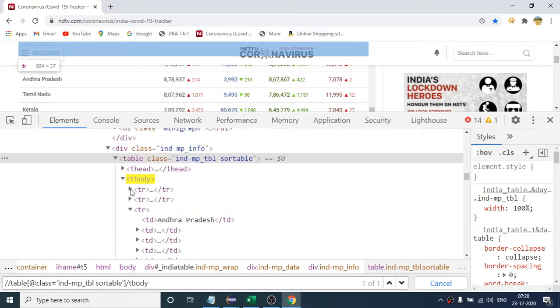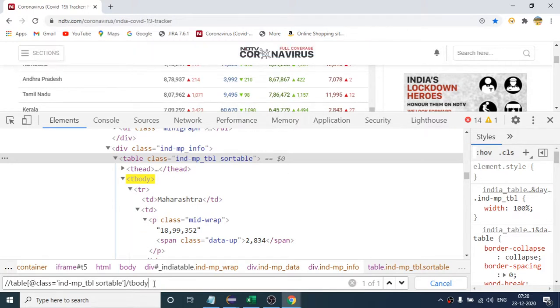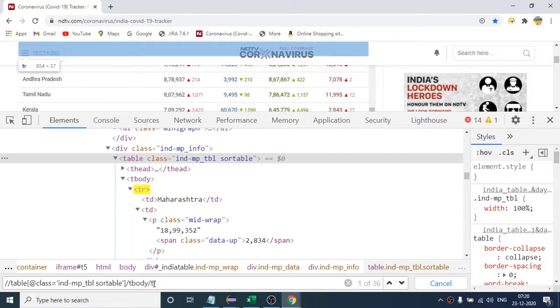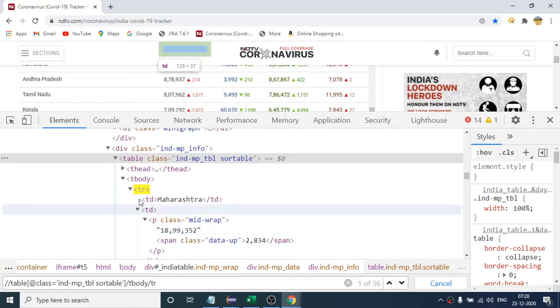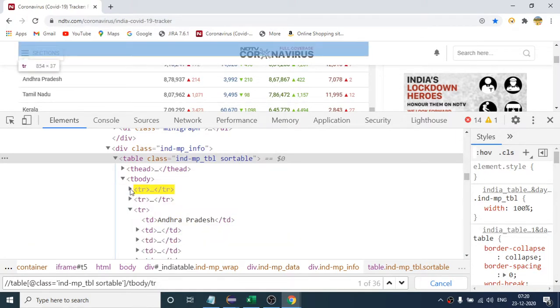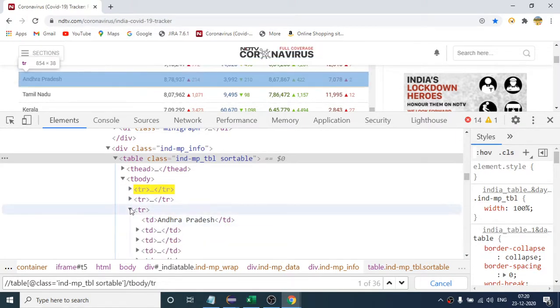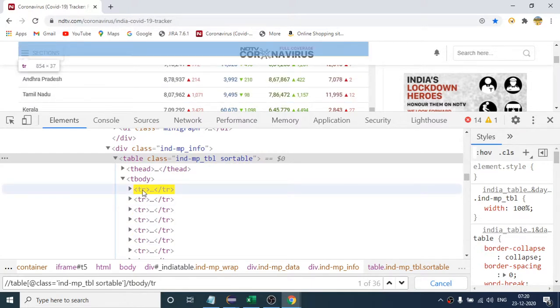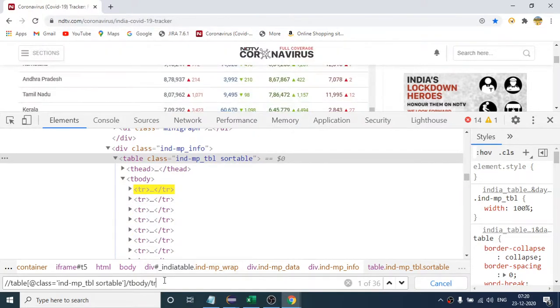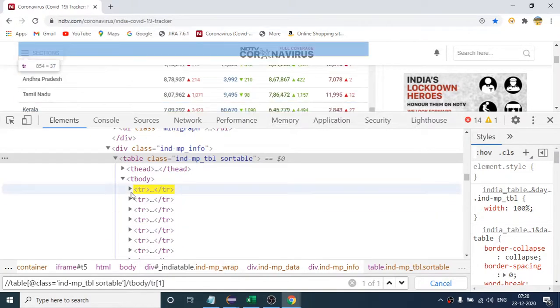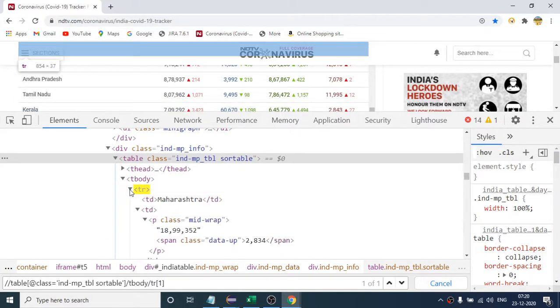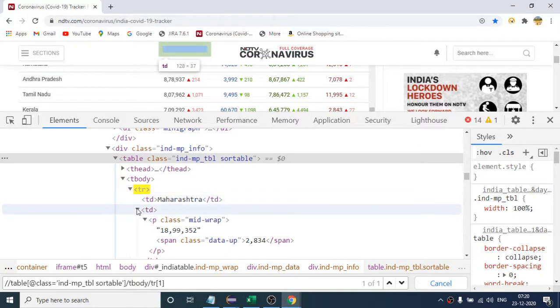if I just minimize it and if I expand it, I have to come to tr. So when I say tr, it is giving me all the entries because there are many tr tags present here. If you see many trs, but I have to come to only the first one, so I will say tr[1]. Now I am on the first one, and after that I again have to come till this part.